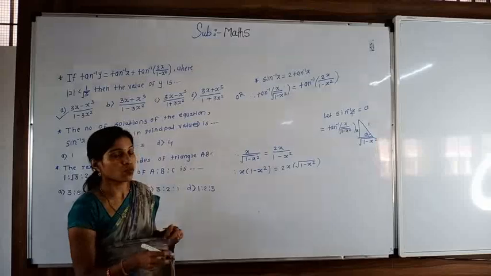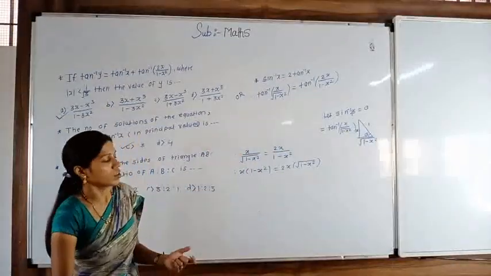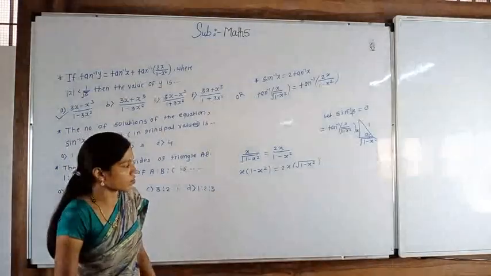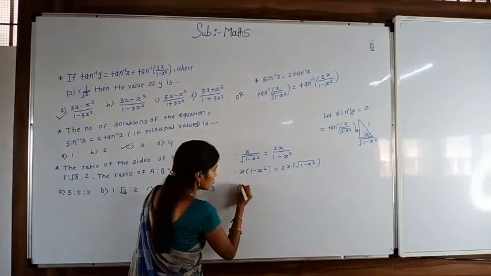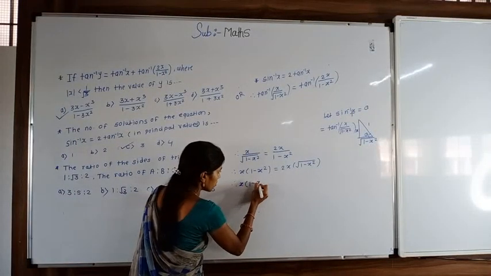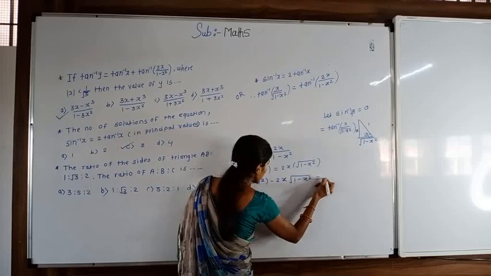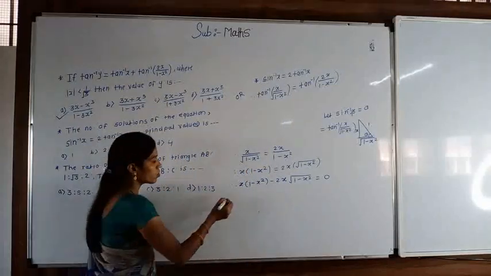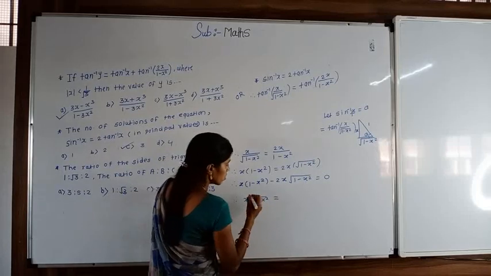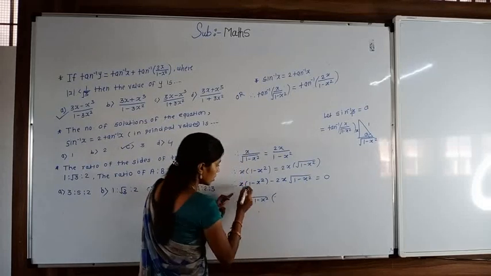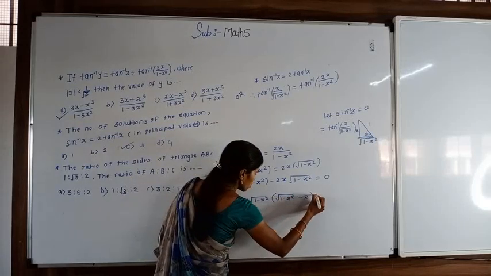Okay. So in that case we can't eliminate the variable x. We will not use the complete solution of this equation. So first we transform all terms to the left hand side. We can write x into root of 1 minus x square minus 2x into root of 1 minus x square is equal to 0. So take a common factor of these two terms: x root of 1 minus x square, and in the bracket we can write root of 1 minus x square minus 2, is equal to 0.